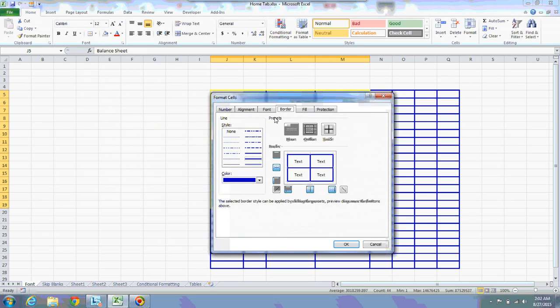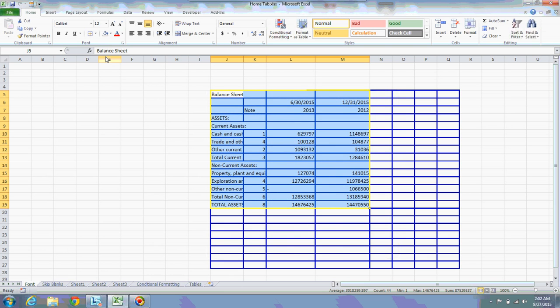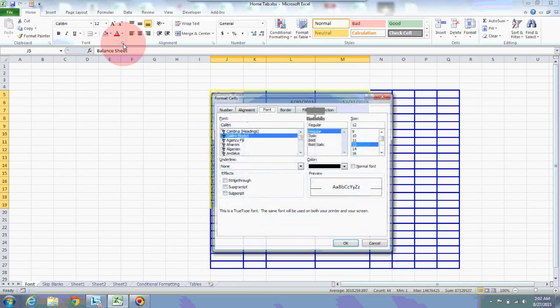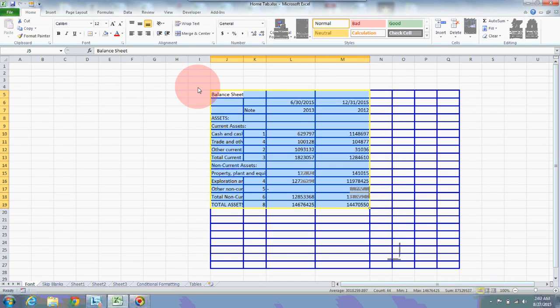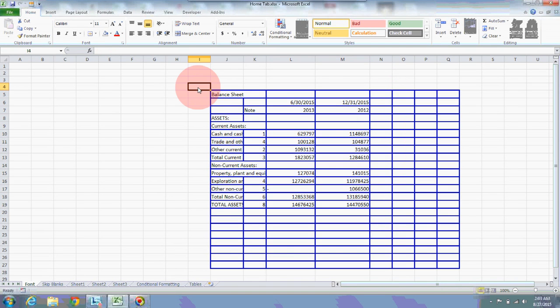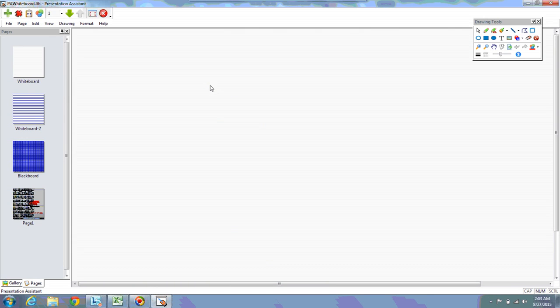Now there is an option called more borders. This can also be opened from the dialog launcher. There is a small arrow button over here. This is called dialog launcher. You can also click on here to launch the dialog. Another option to launch this dialog is Control 1, on, sorry,